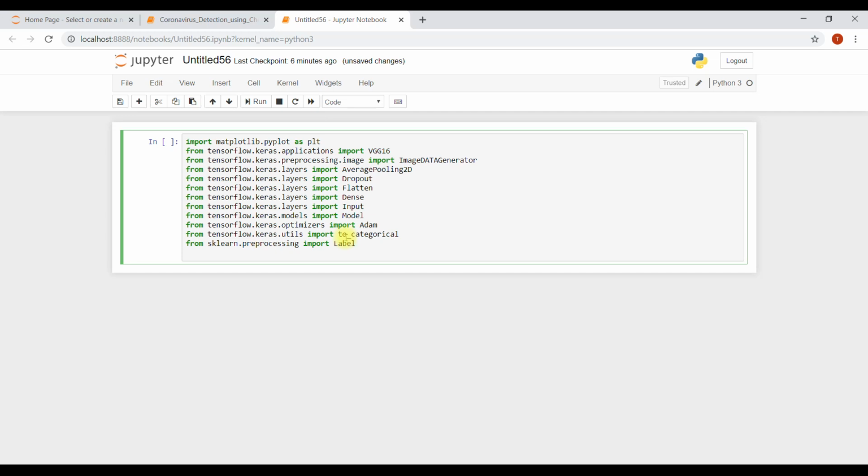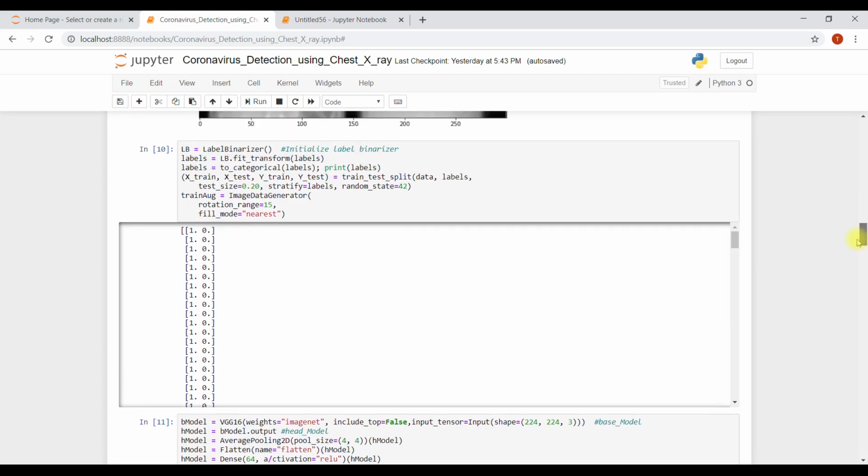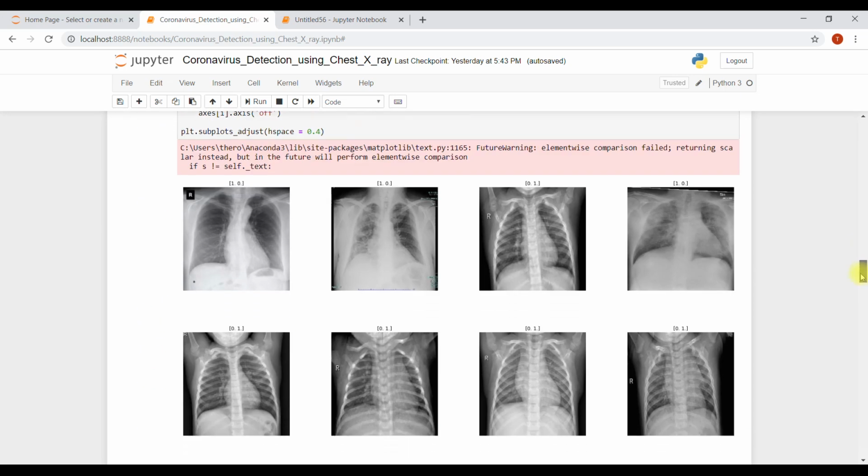Label binarizer to split the data. For corona we're going to have label 10. A CNN model or any machine learning model doesn't understand text labels, so we need to convert that text into labels.